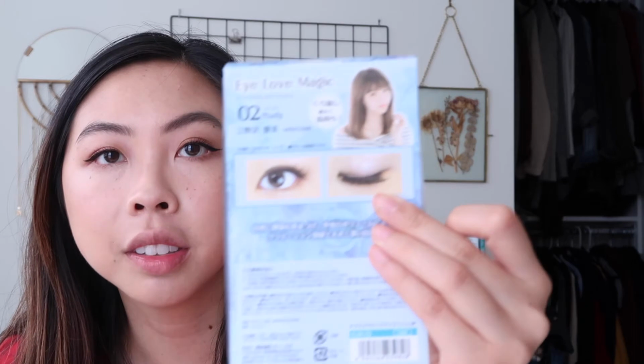Can you see? Definitely not quite as full as I would like, but that's probably just my own fault, my own lashes. So yeah, I bought this big pack by I Love Magic when I was in Japan. This is their nudie ones, and they look nice and really natural in the photo. So hopefully it gives me a nice effect, but I really suck at putting on false eyelashes, so we shall see how that